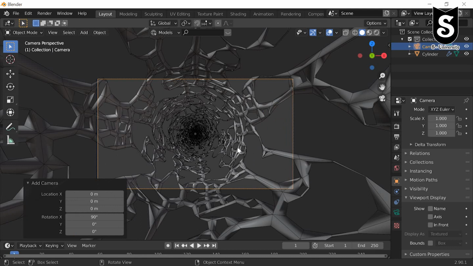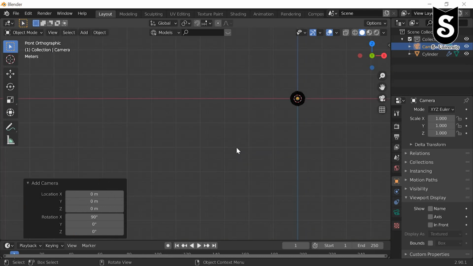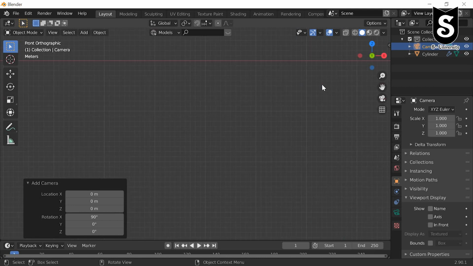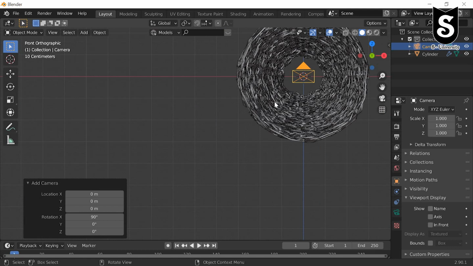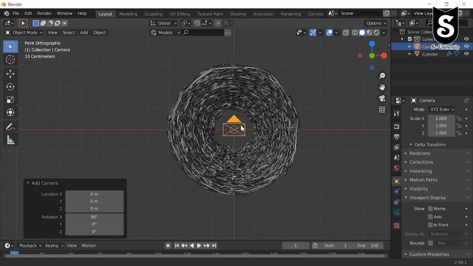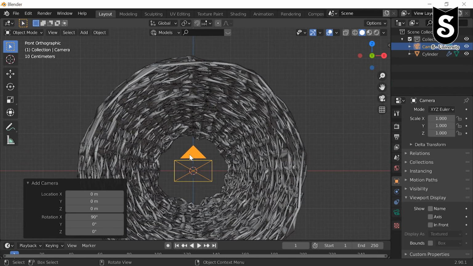It looks good. Press 1 to see how our camera is placed. It looks pretty straight.